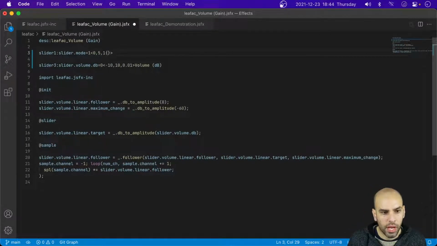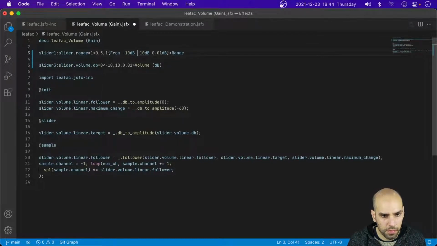So let's think about the ranges that we want to have. Or maybe I could call this range. Yeah, I think that makes sense. So going from minus 10 dB to 10 dB in steps of 0.01 dB